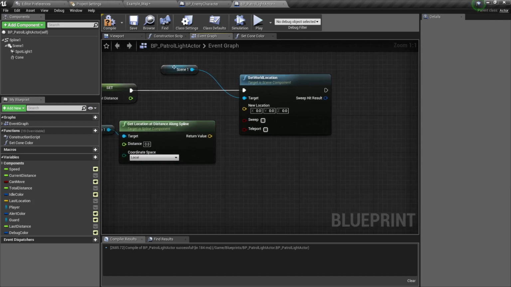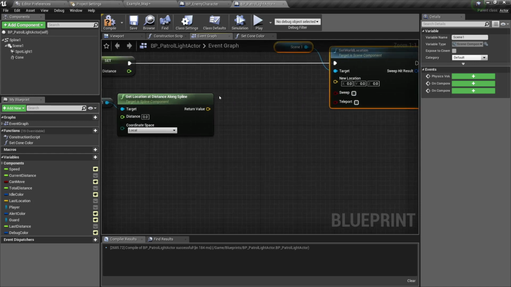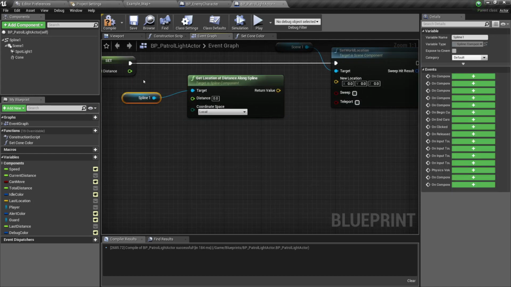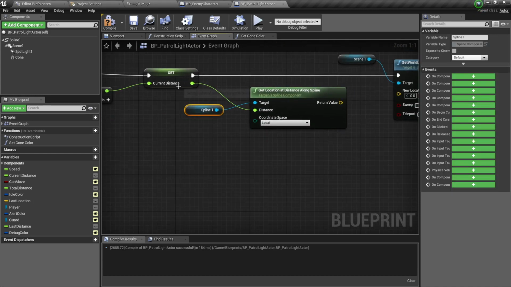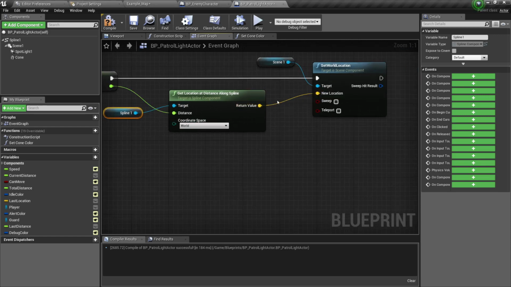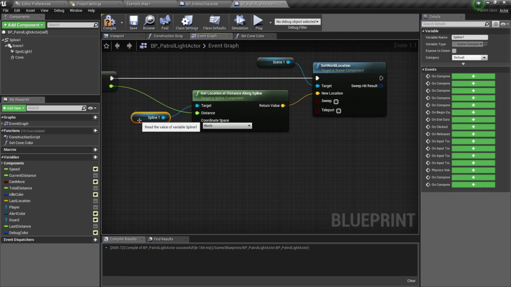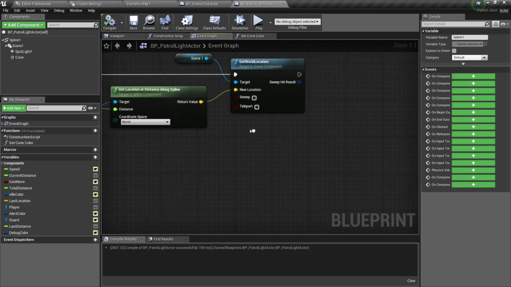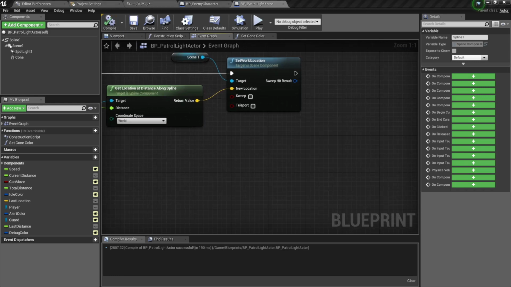And that distance, let's move this a little bit here. This goes here, this goes here. The distance is this one over here, the current distance. And we want it inside of the world location, and there you go. So we can plug it in like that, compile and save that,